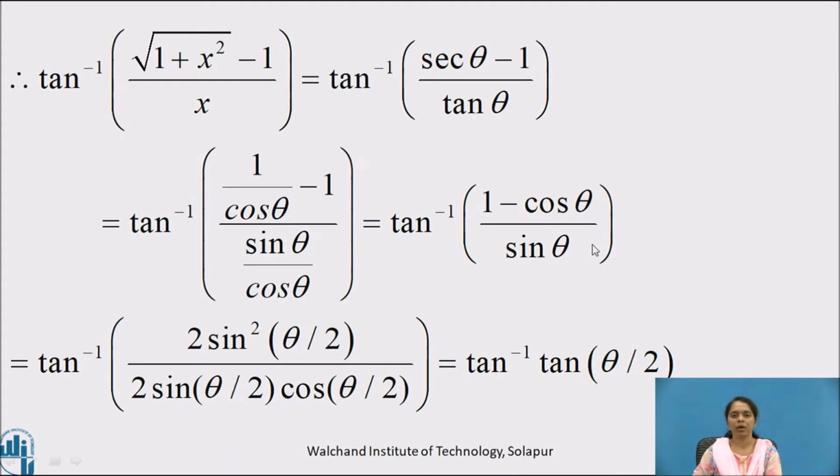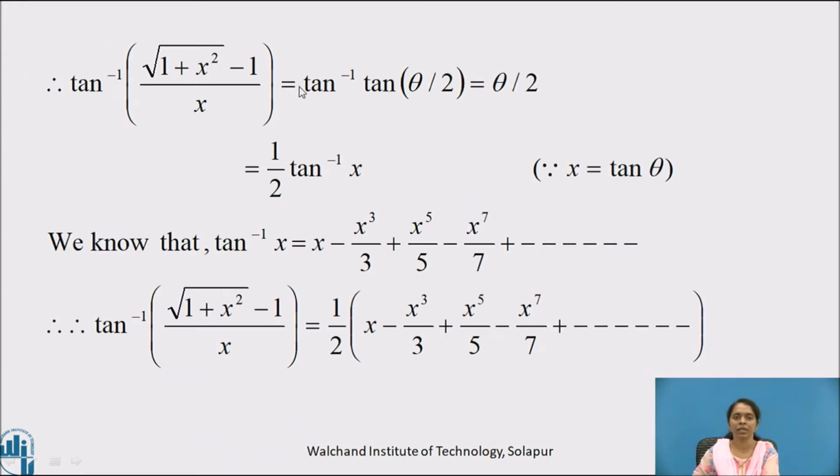So, we have cancelled out the denominator cos theta. I have not written it over here, but we have cancelled it from both the denominators, which is equal to tan inverse of, make a big bracket, use the identity 1 minus cos theta is 2 sin square theta by 2, whole divided by, in the denominator we will write sin theta as 2 times sin theta by 2 into cos theta by 2. Now inside the bracket, sin theta by 2 gets cancelled and 2 also gets cancelled, so we will get tan inverse of tan theta by 2.